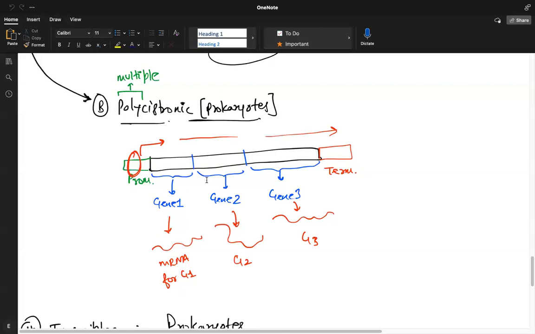Because many genes will be formed, many RNAs will be formed from it. Like in monocistronic, only one mRNA is formed, whereas in polycistronic there will be many mRNAs. Like shown in the diagram, there are 3 mRNAs formed. So mono means single, poly means multiple, and cistronic means a region of DNA that gives rise to a